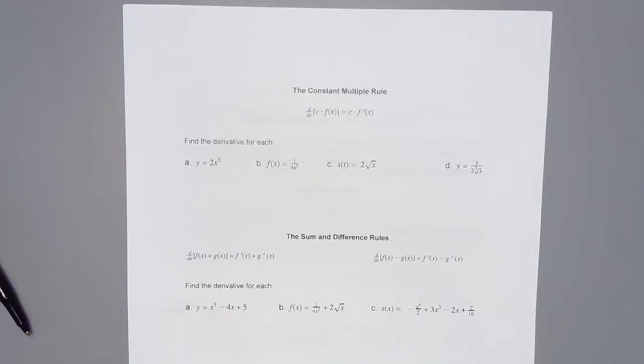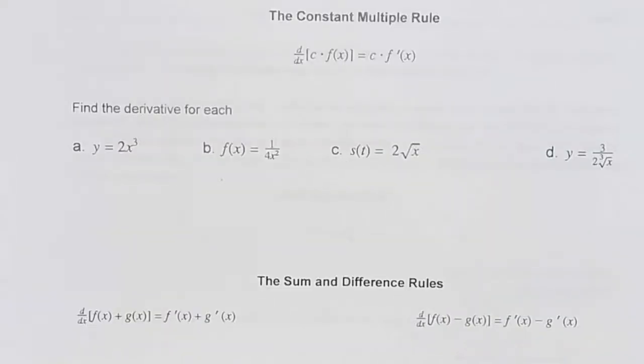Now we're going to be looking at the second page of the 2-2 note sheet. This is the constant multiple rule. I'm going to go ahead and zoom in a little bit so you can see a little bit better. Alright, so